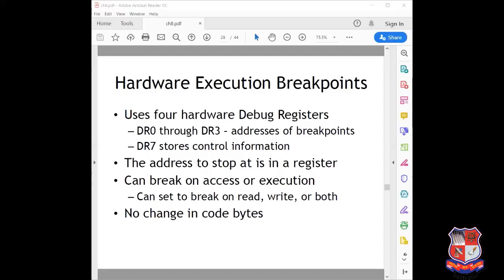Every time the processor executes an instruction, there is hardware to detect if the instruction pointer is equal to the breakpoint address or not. That is the main functionality of the hardware execution breakpoint. Normally 4 hardware debug registers are used, DR0 to DR3, for the breakpoint addresses, and the DR7 register is used to store the control information.